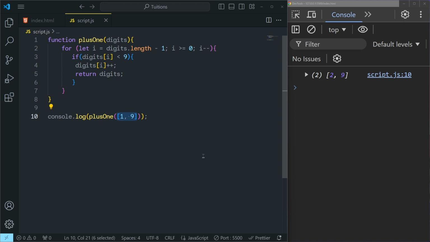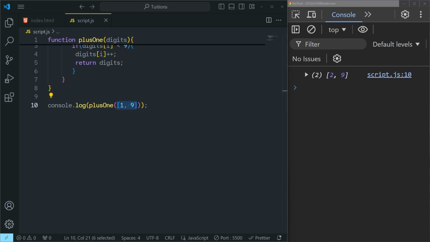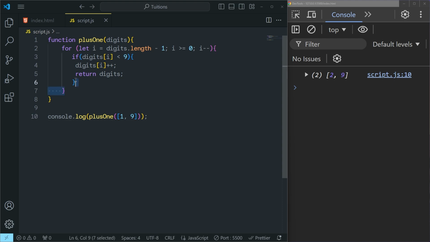We have 29 as a result, which is wrong. The correct answer is 20. To solve this problem, we need to add 0 at the end of the array and increase the first array element by 1. So as you know, this statement is going to increase the value of the first index by 1. You can notice. So if the digit is 9, then we need to set it to 0 and continue